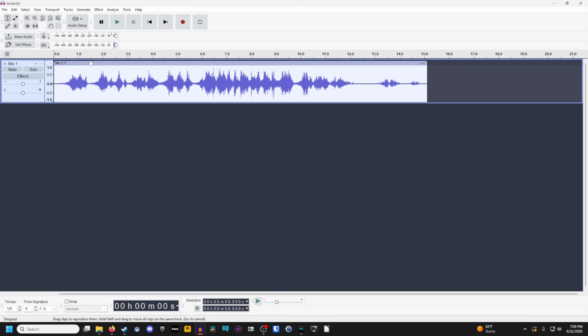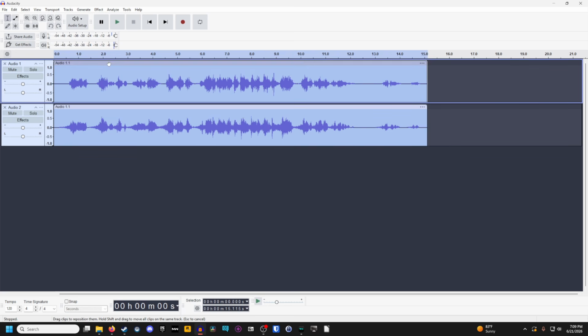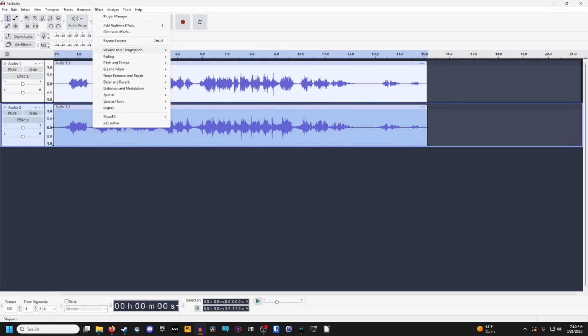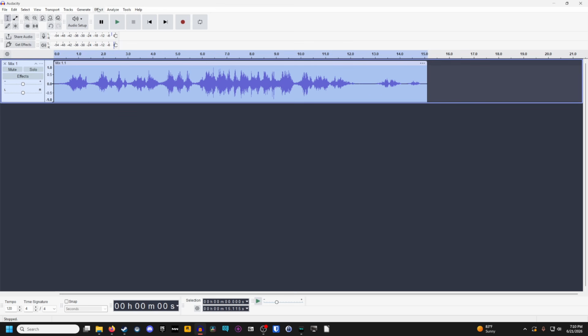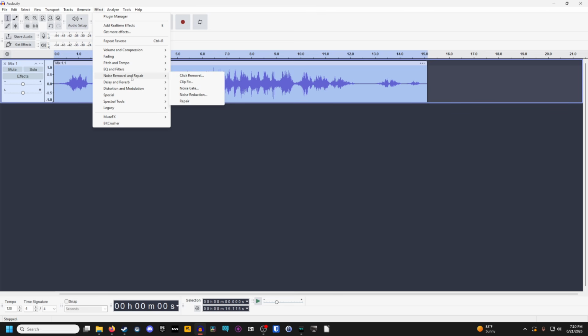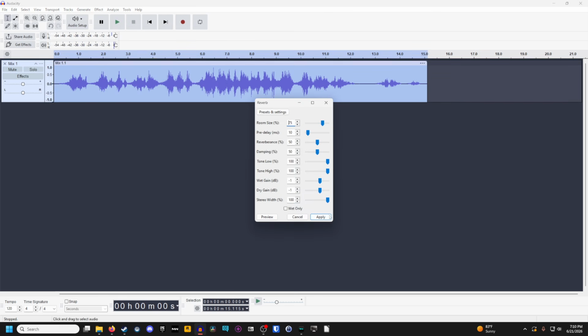Oh yeah, and another thing you can do is, Control Z, and you can add reverb to the end of the whole track, probably, just to make it extra